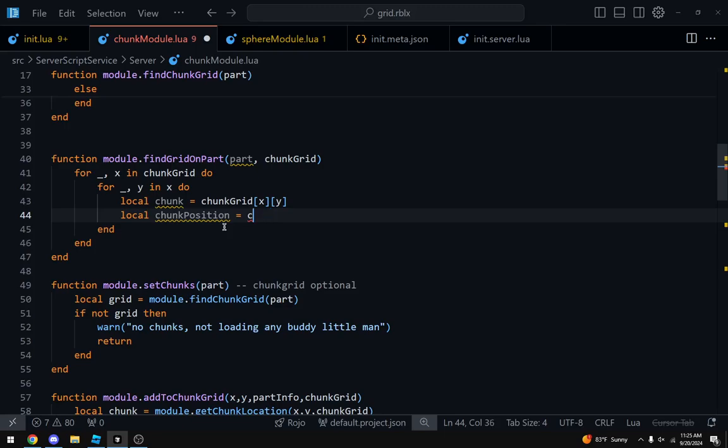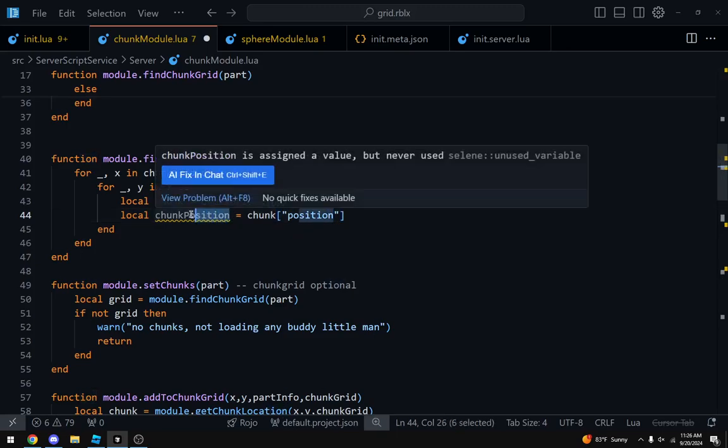Chunk grid, what's it, position. Well, will return us a C-frame.